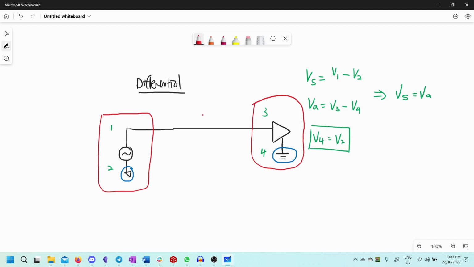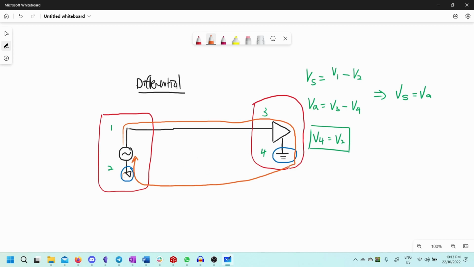And at a very simple level, this difference arises because, recall Kirchhoff's current law, whatever current flows out of this signal source has to go all the way through this cable into the amp, back through ground, and return. Current cannot flow if there is no loop. So think about this node and this node. How are these two nodes connected